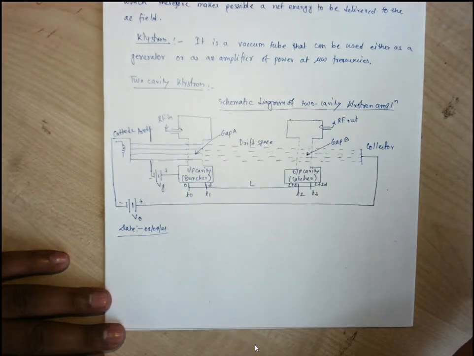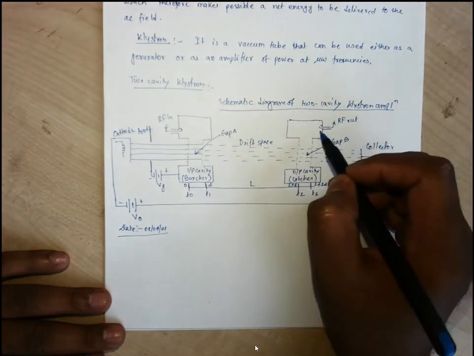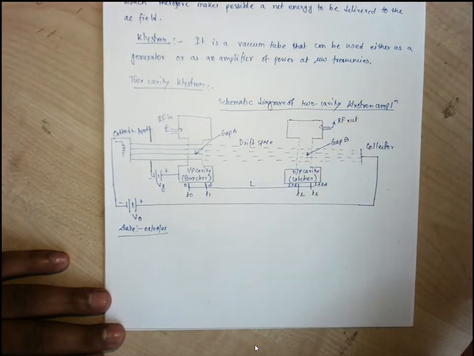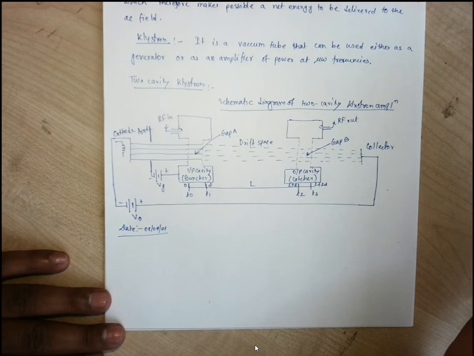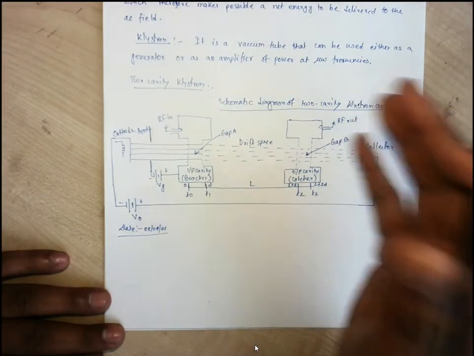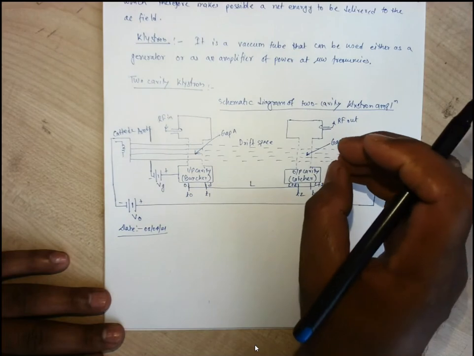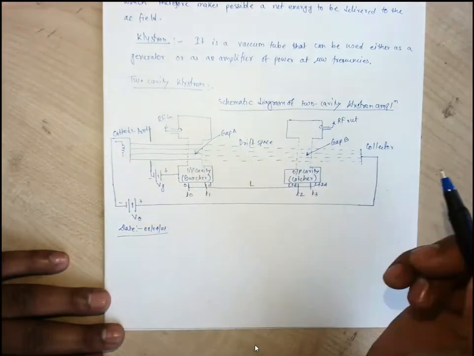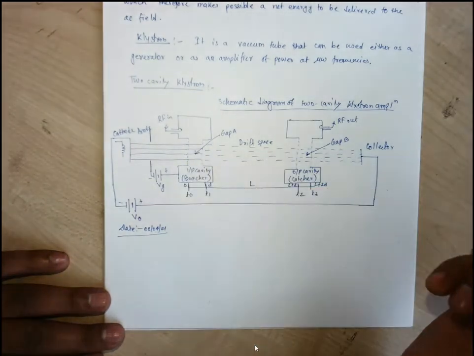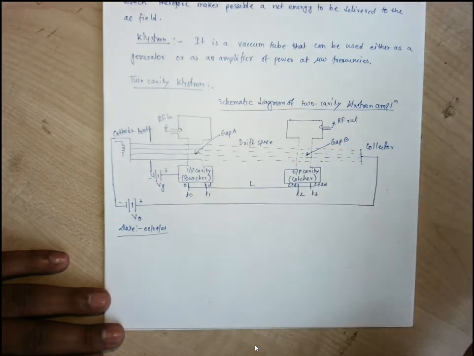So they create the same oscillation, and that oscillation produces a certain electric field, and the electric field produces a certain magnetic field, and that magnetic field produces a certain current which is taken out from the coaxial probe. So if that electric field is in one direction, the electrons will be accelerated, and if it is in the opposite direction, they will be decelerated, and finally the energy is taken out from those bunches, which have more electrons compared to those appearing without bunch in that cavity gap, and finally they are taken by the collector.